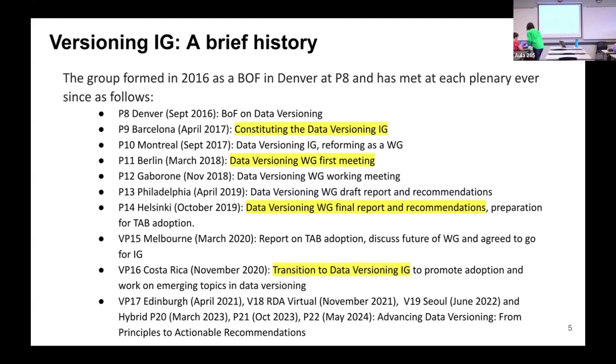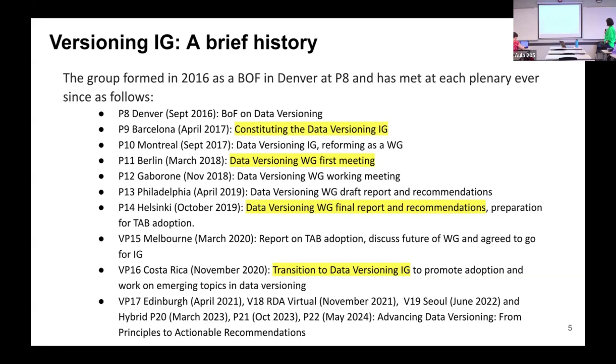We then saw that beyond just meeting as an interest group, there was actually some work to do to develop what later became the principles of data versioning. That led to the constitution of the data versioning working group at Plenary 11 in Berlin in March 2018.